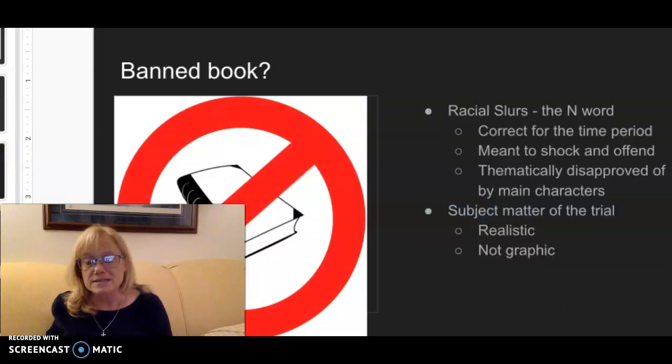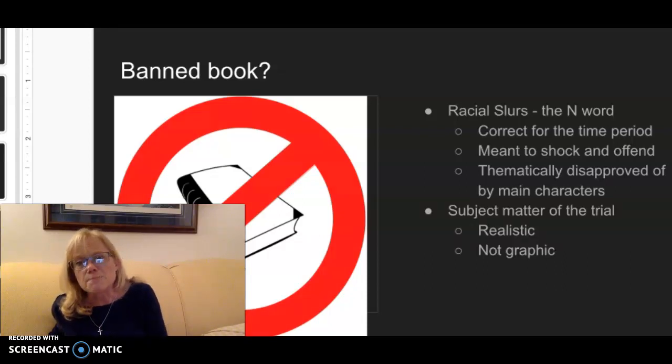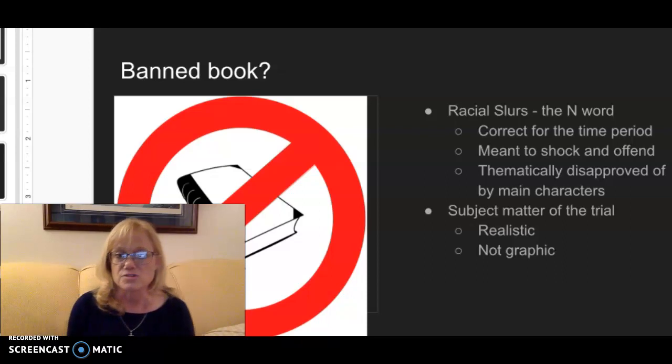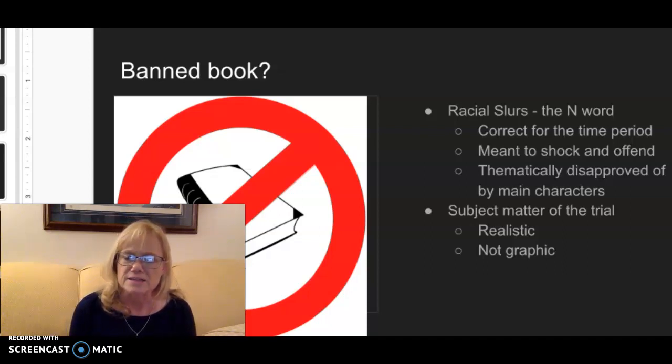It is a book that's banned in a lot of schools, and a lot of libraries, a lot of places. And the reason for this would be two things. One, racial slurs. The N word is used continuously throughout the book, but anyone who really reads the book understands that Harper Lee is not putting that word in there because she's a racist. She's actually putting it in there to show you how wrong it was the way that word was used. It was accurate for the time period, but it's very hurtful. And her main character, Atticus, even talks about what a wrong thing it is to use that word.